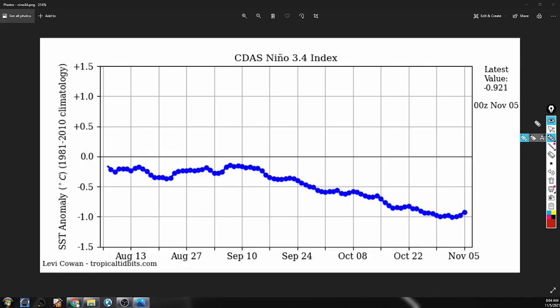All right, so we're taking a look at the graph for the current conditions going on in the Pacific Ocean. Right now, if we look at our latest value, we're looking at a pretty moderate La Nina. We're at a negative 0.9. If you look at these last few days, it almost looks like it's starting to trend more upwards. It could signify that this will continue to trend in this direction, but we'll just have to keep monitoring that.